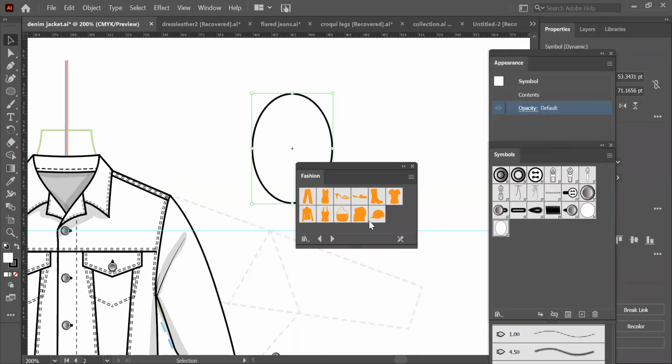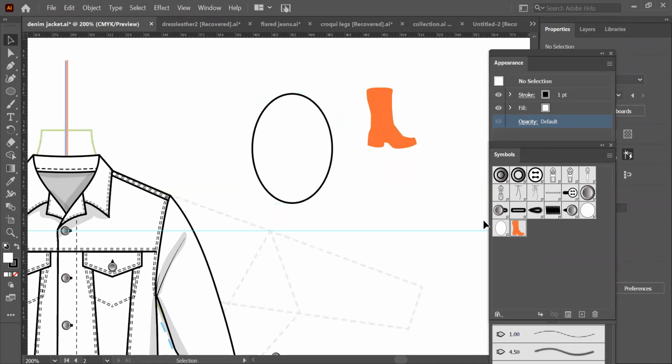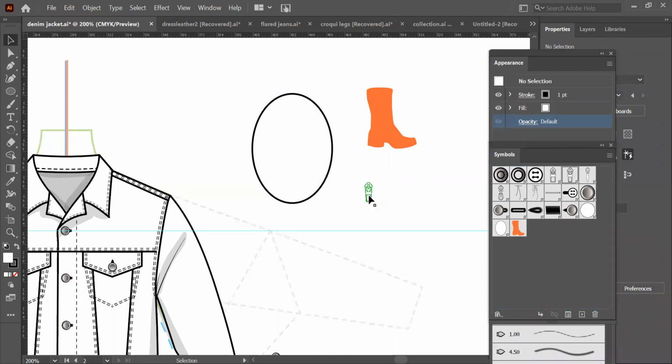We have fashion elements as well. These are also symbols, so they come of this size only. Understood? The zip is also of this size.